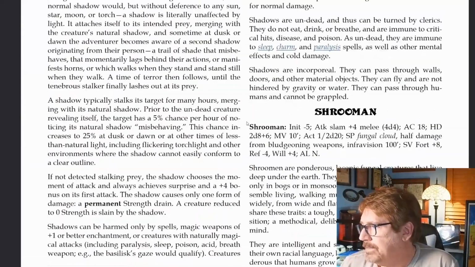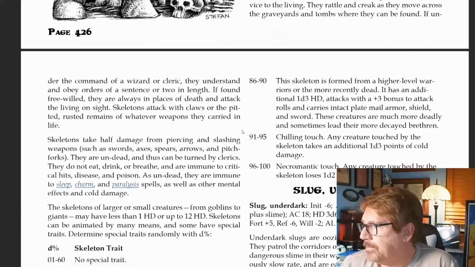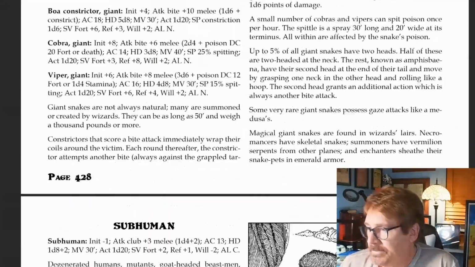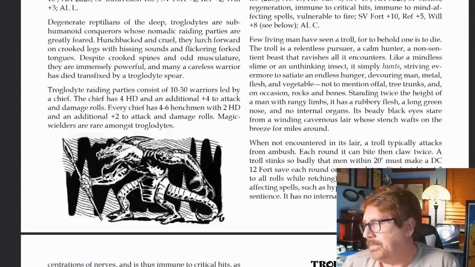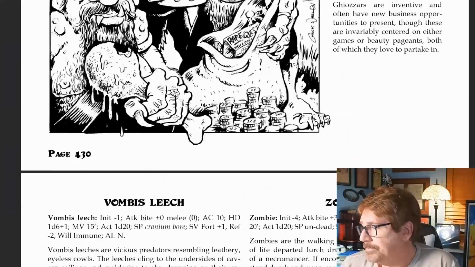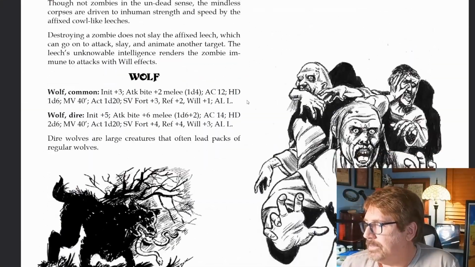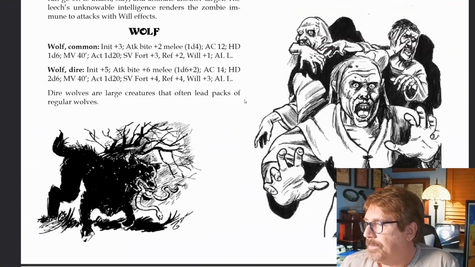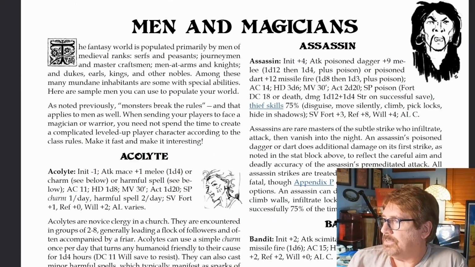These are definitely the base monsters, everything we're going to need in the campaign. Anything that's missing will have to be taken from AD&D and converted over. There's your zombies and the wolves. And men and magics. So